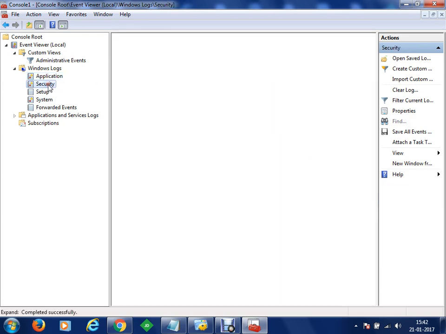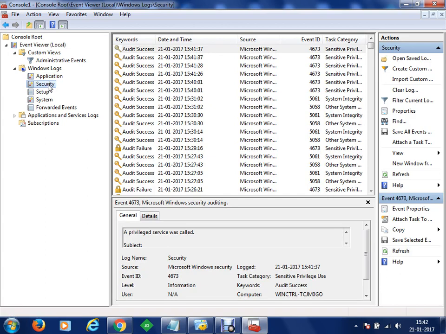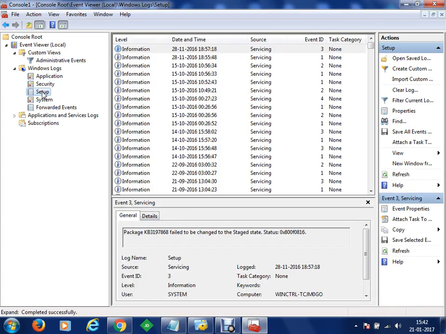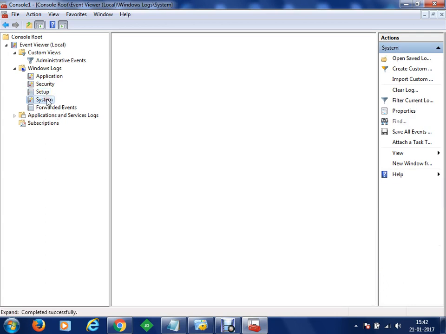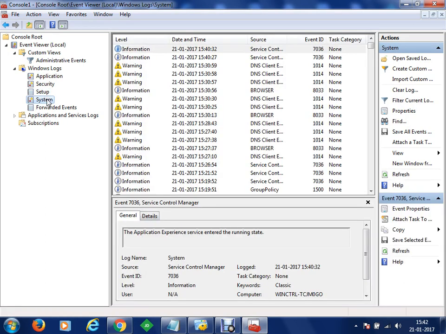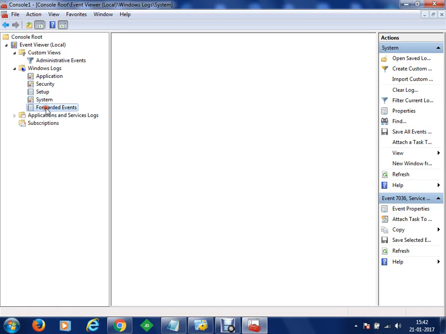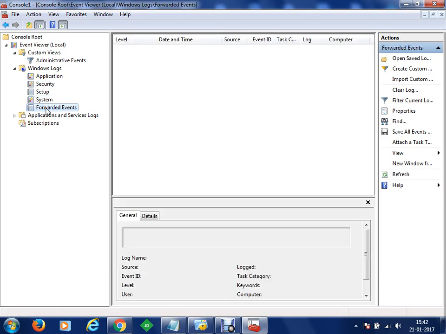You have security logs maintained here. Then you have setup logs information, system logs information, and finally the forwarded events which have been done on the machine. We don't have any forwarded event at the moment.